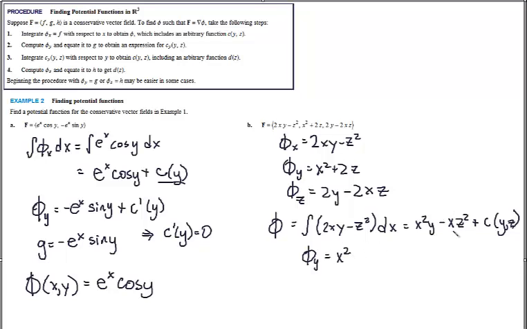That is going to be 0 there, so that goes away, and then I have this constant, c of y, that's in terms of y and z. Alright, so what we're doing now is we're just trying to get this guy right here. I note that g is equal to x squared plus 2z. This means that c sub y